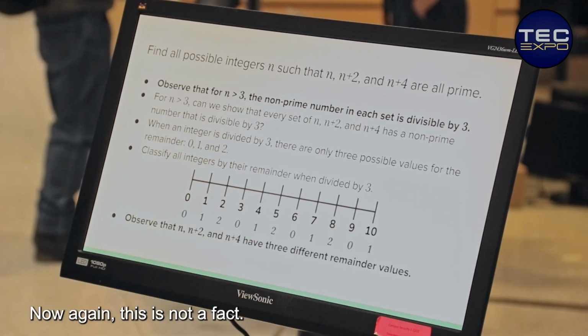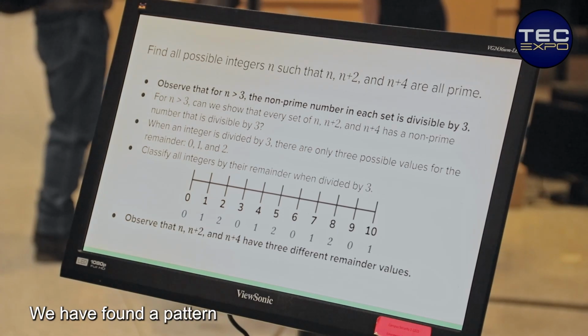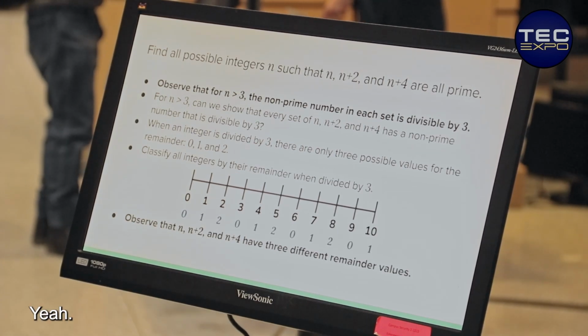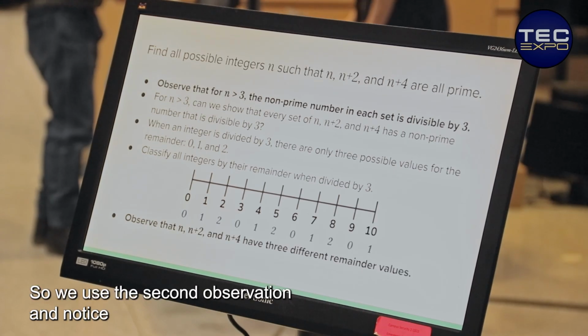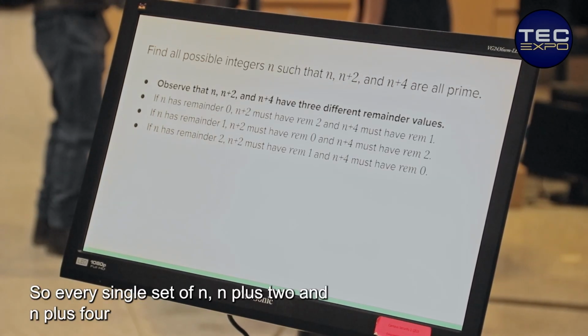Again, this is not a fact yet, just an observation, a pattern we have recognized. So we use the second observation and notice,